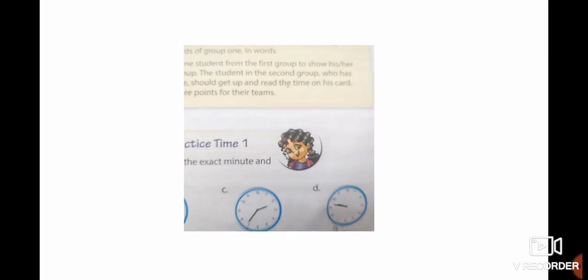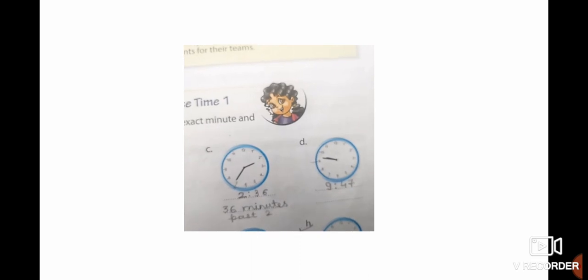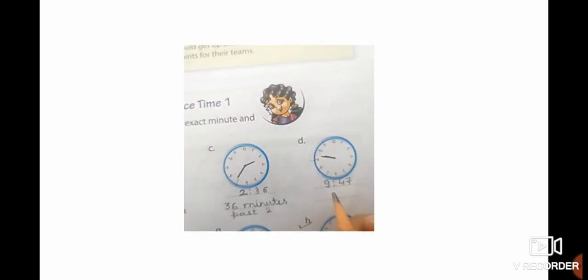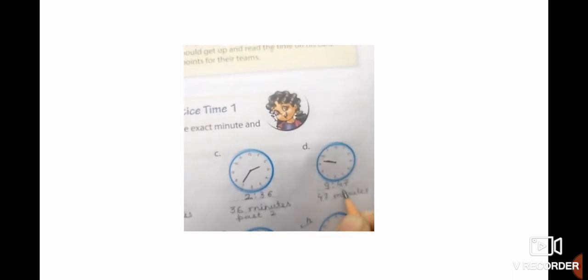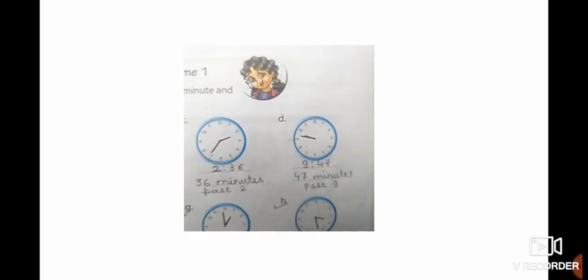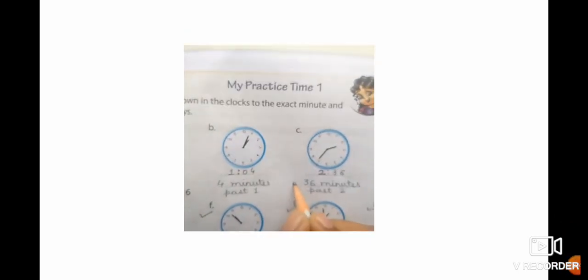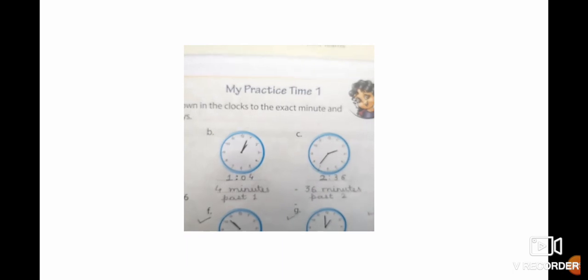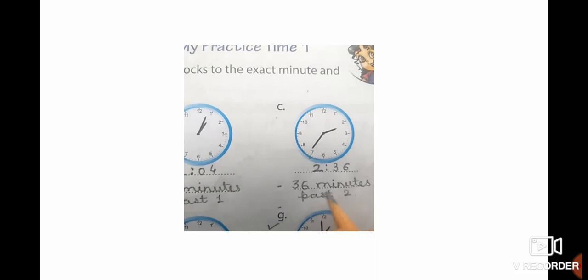So first of all, we are going to write the timing 9:47. Okay, so we are going to write the answer 47 minutes past 9. So we are going to write like this, 47 minutes past 9. Okay, here students, we have written 36 minutes past 2 and 47 minutes past 9. But instead of that, this is also correct, but instead of that we can write